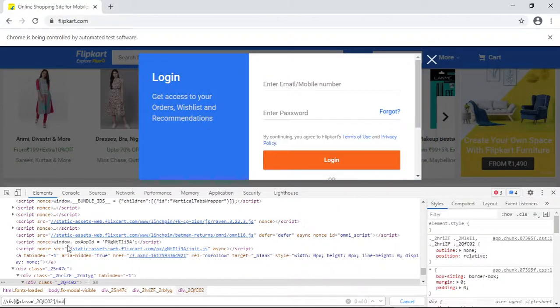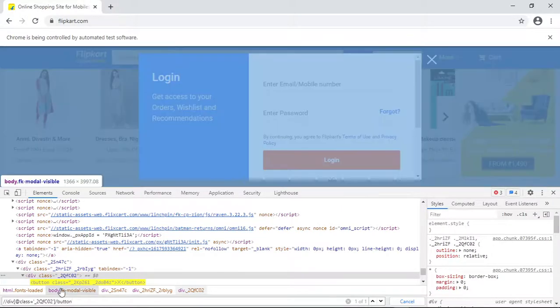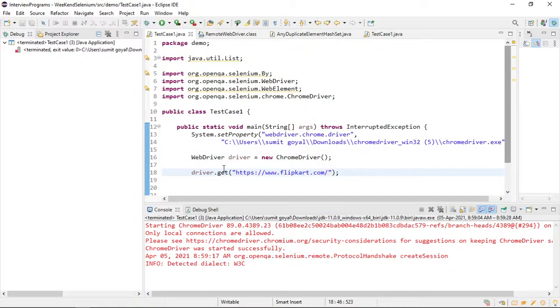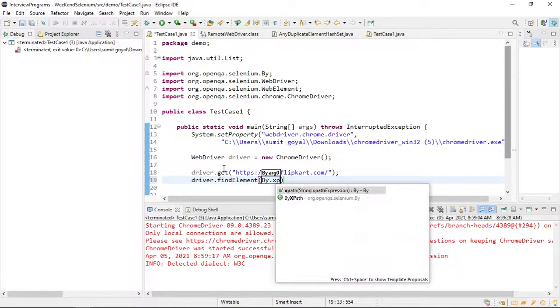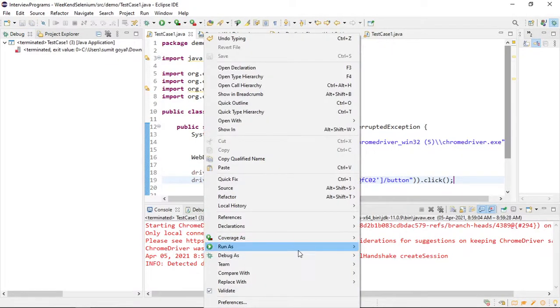Mm-hmm. Dash button. So now this is highlighted. If I copy paste it and click on that, driver dot findElement dot xpath dot click. Now if I run it, let us see.